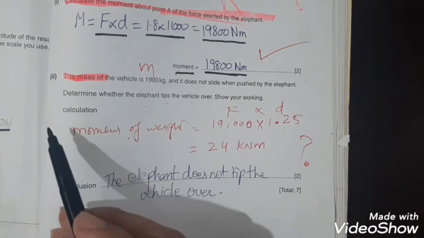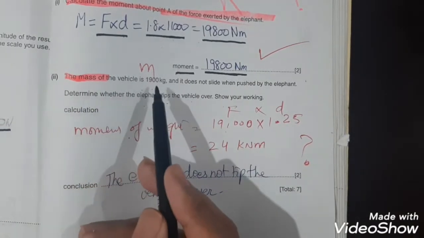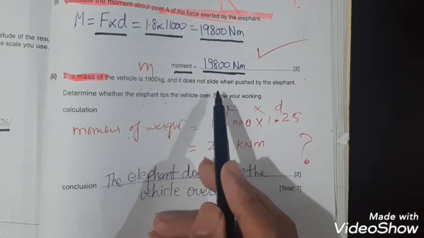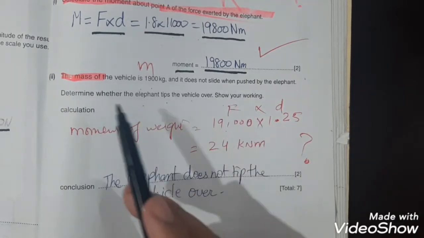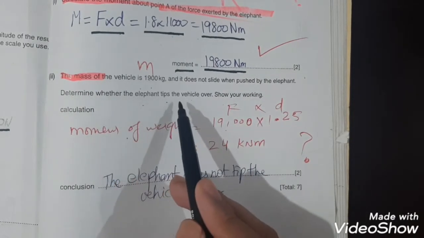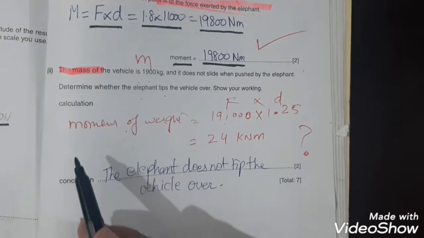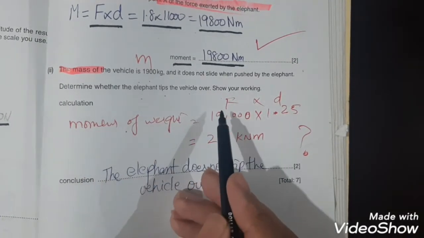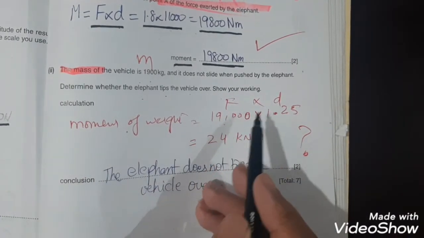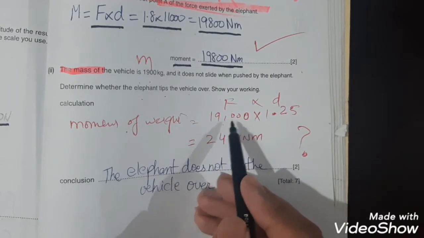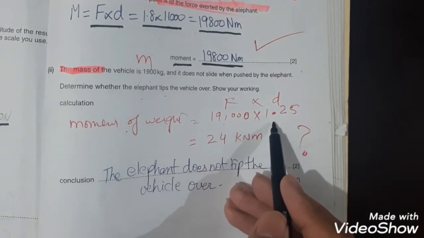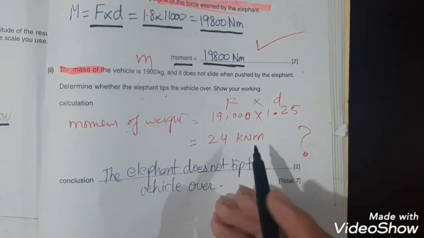Then part 2 states the mass of the vehicle is 1900 kg and it does not slide when pushed by the elephant. Determine whether the elephant tips the vehicle over. Show your working. So the moment of the weight is force multiplied by distance. So 19,000 force newtons multiplied by 1.25 meters, which will be